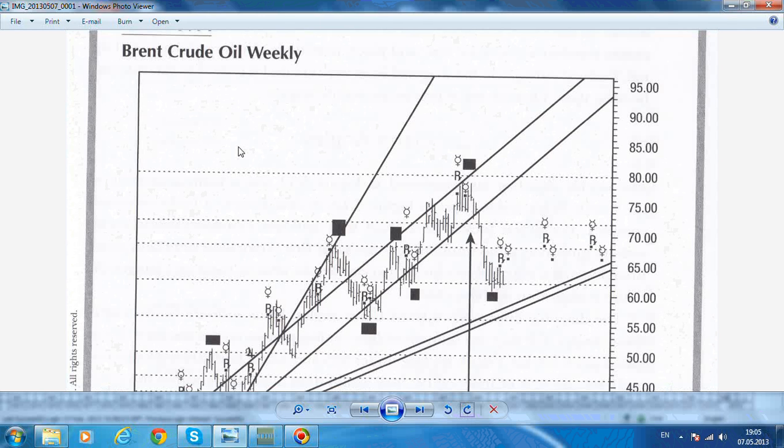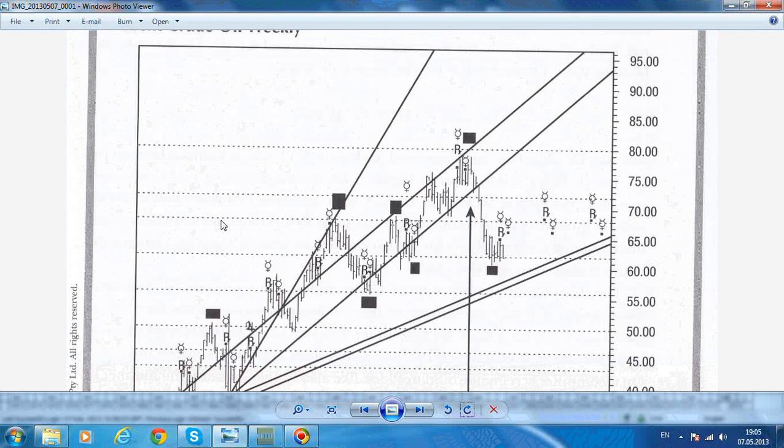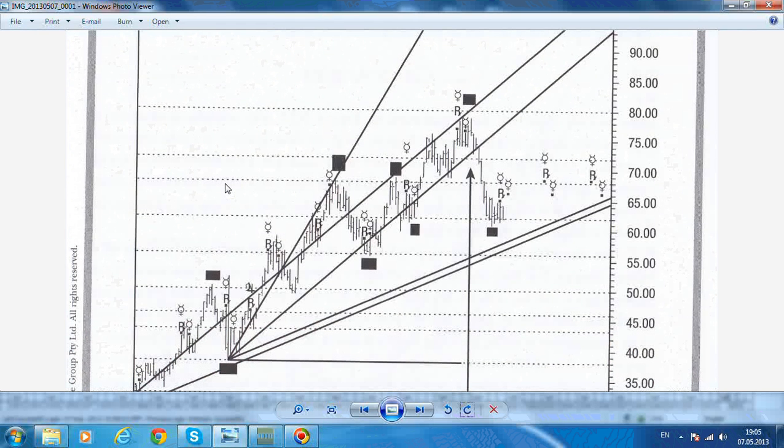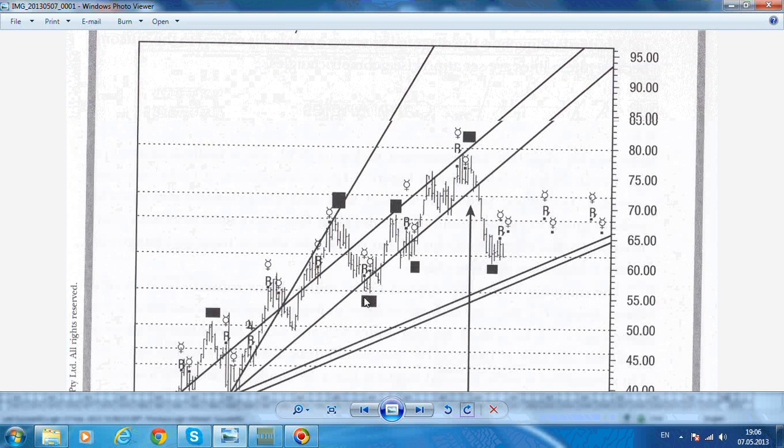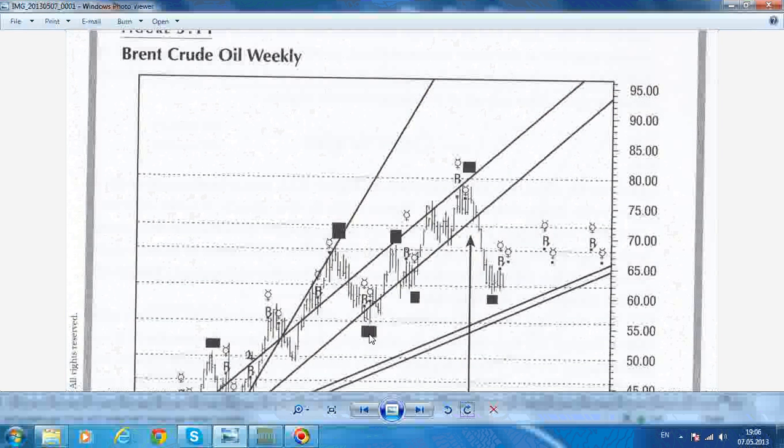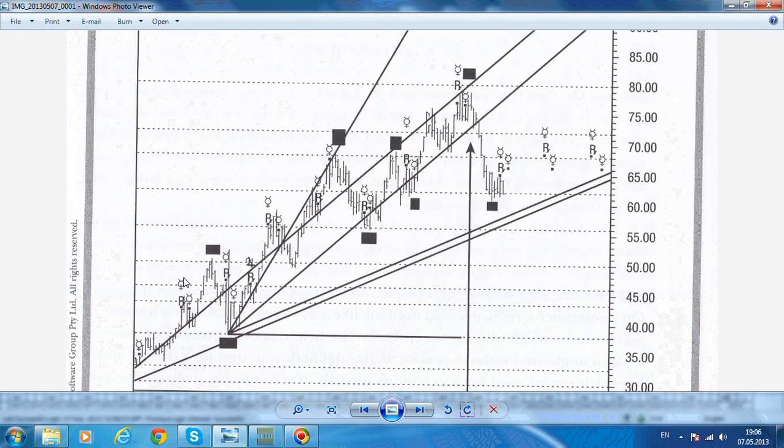I'm sure that after you read this chapter, you will find that a new field is opening in front of you. What you have in front of you here is the Brent crude oil weekly chart, and this chart actually plots the three dimensions: the vertical being the time, the horizontal meaning the price, and the geometrical dimensions,